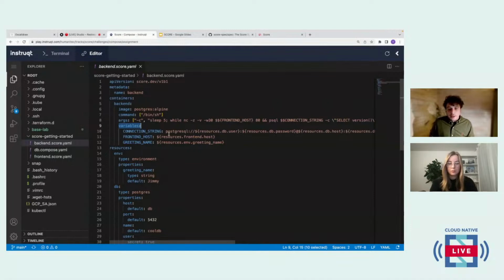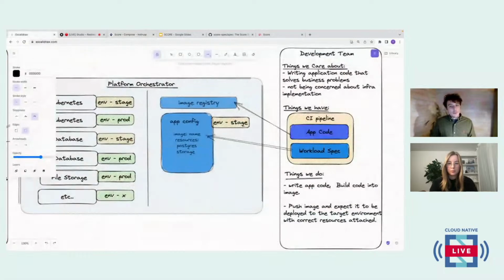Now, as you can see, we're not explicitly declaring the variables or the variable values. We have got placeholders in there. The idea being that a good platform should be able to resolve these placeholders and actually inject correct values. So if we quickly go back to this very basic drawing,